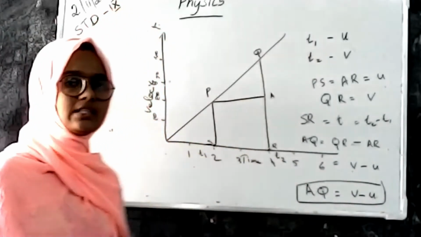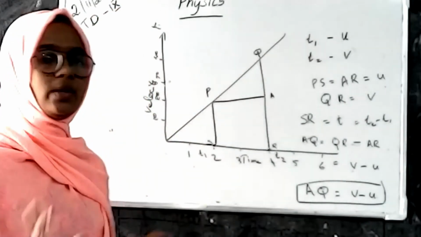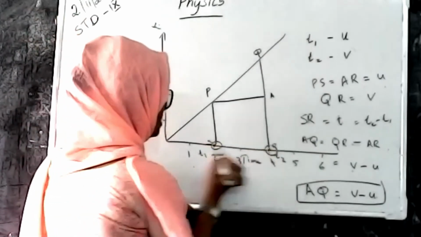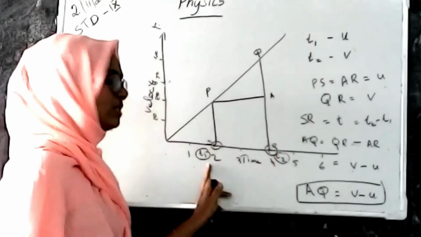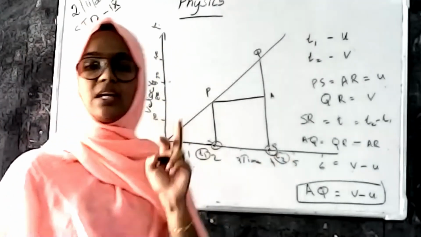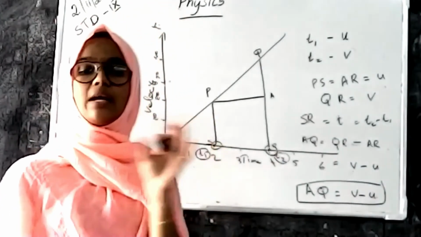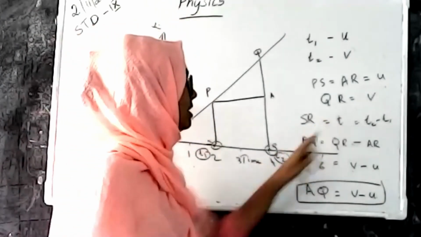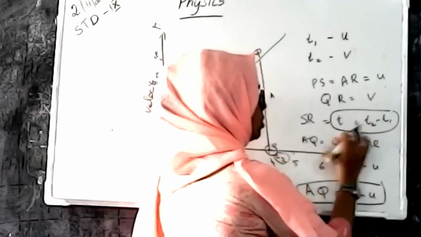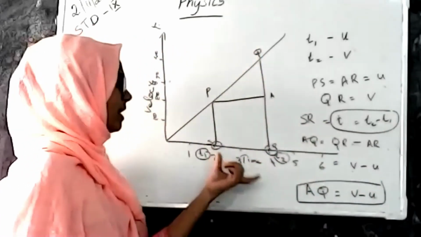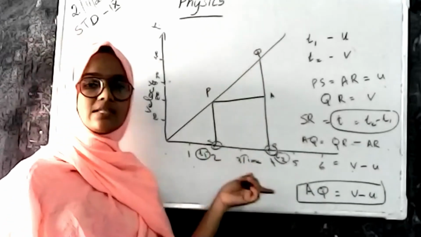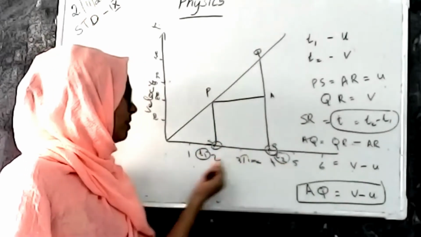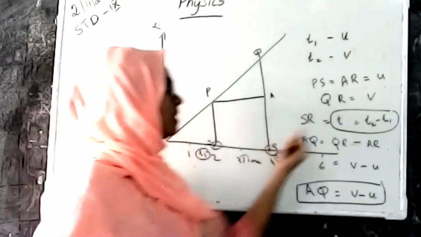And from here, we are considering two points T1 and T2 in the x-axis. T1 is here and T2 is here. These two points represent two times. T1 is a time and T2 is a time. The time difference between T2 and T1 is taken as small letter t, that is t is equal to T2 minus T1. This is taken from the x-axis because the x-axis shows the time of the body. So here is T2 and here is T1. The difference between T2 and T1 is taken as t.